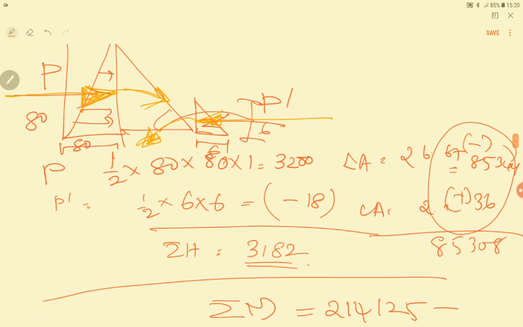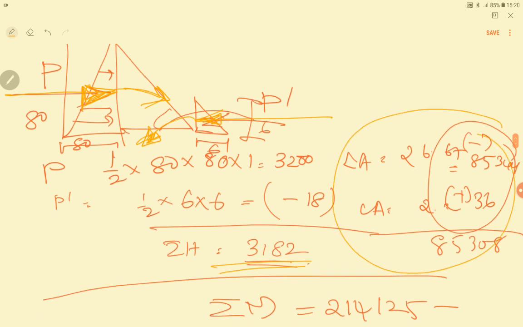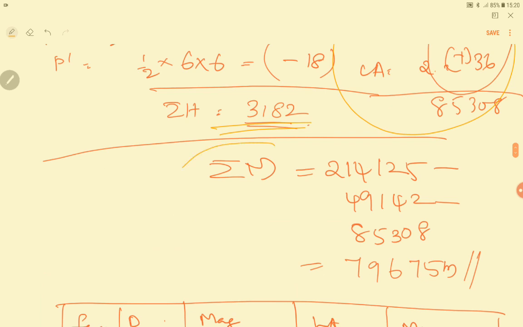Now you have to find out the forces. How to find out the forces? The pressure distribution diagram. You take the area of the pressure distribution diagram, and into 1 it will give the value of the forces that act there, and then you have to find the value of sigma H as well as the corresponding lever arm and the moments. Okay, so finally you get all the moments that act in the structure, and you find the value of sigma M.